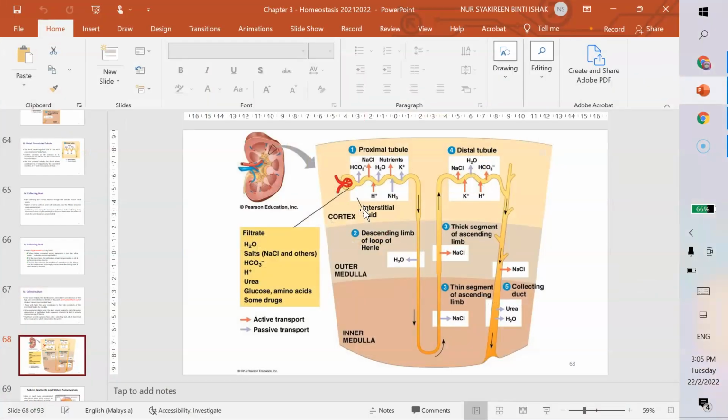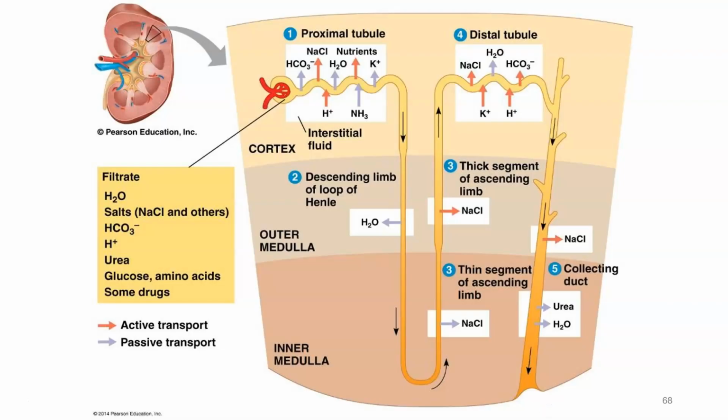Okay. So basically, when you are looking at this picture, this diagram, you should be able to explain the structure of the kidney and the nephrons, the functional unit of the kidney, which is the nephron, that is involved in urine formation. Okay, so you should know the components of the nephrons, where it consists of